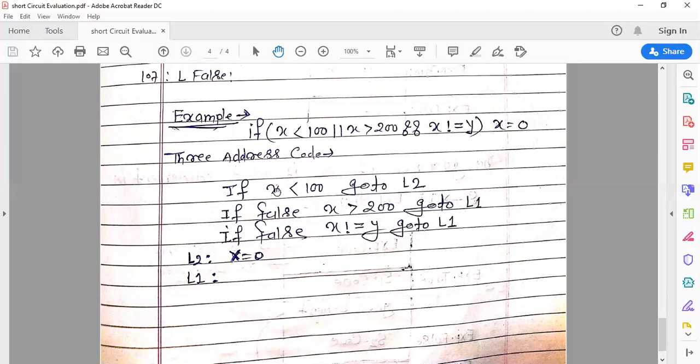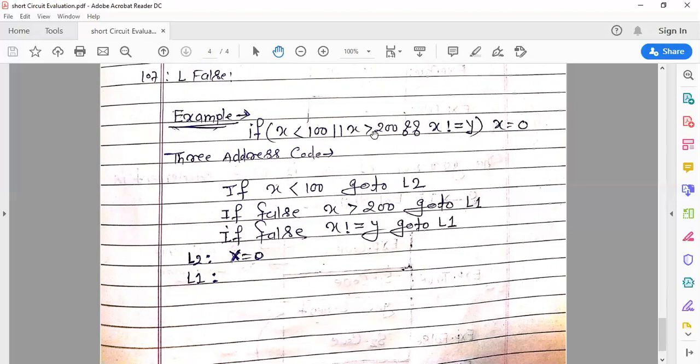So you can see here, if x less than 100 is true, then control jumps to L2. And what is L2? L2 means this statement, x equal to 0, will be executed if this condition is true. If false, x greater than 200, go to L1. Now here we have a logical AND.